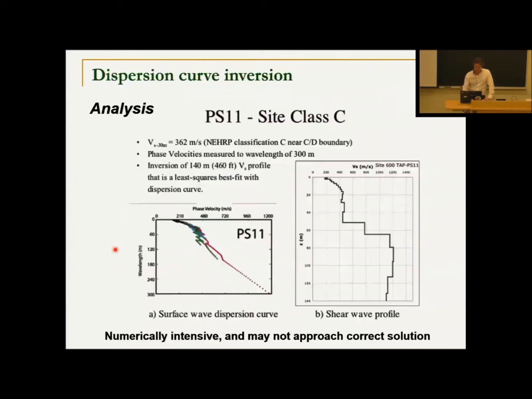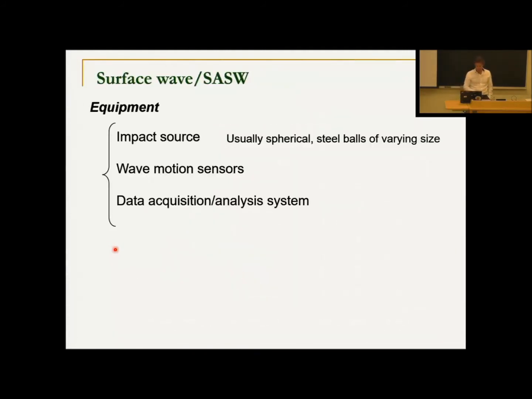And now you have some sort of plot which varies with frequency, that means it varies with depth, and you can use an iterative analysis to kind of back compute what is the possible layered structure that gives you this so-called dispersion curve. Now, this is a very numerically intensive approach, and it may converge to an incorrect solution, somewhat limited, right? So a step beyond that is to use